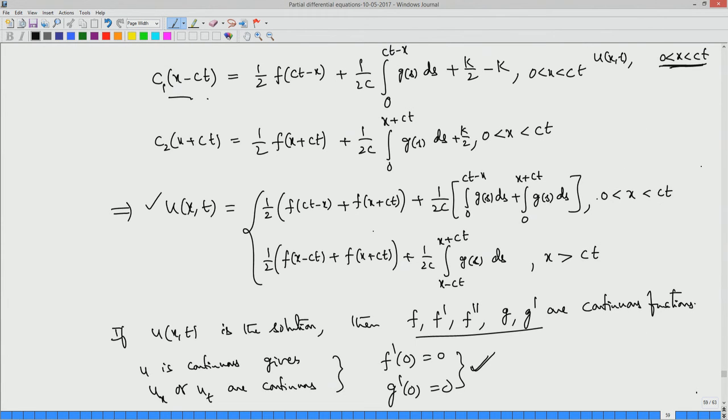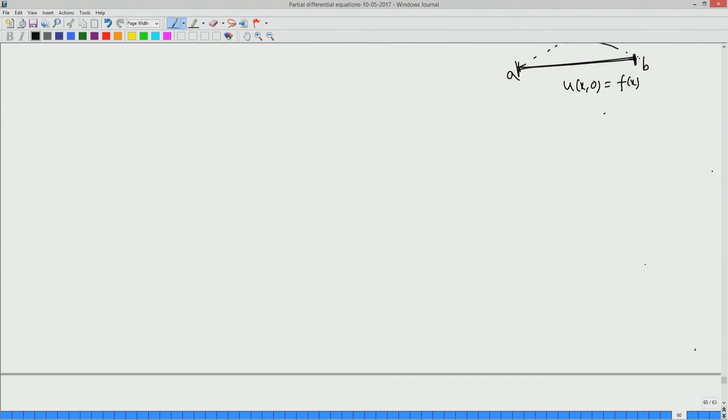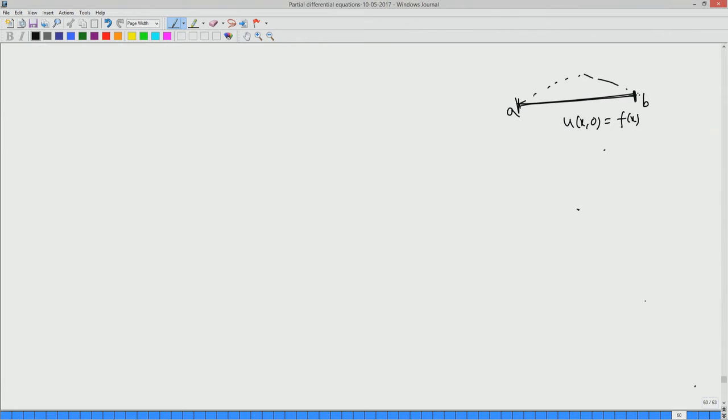A to b is a finite string, okay. So, your finite string is a string of length b minus a, so let us say at x equal to a is one end and x equal to b you have the other end, and the other initial data is u t at x equal to 0 is g of x,